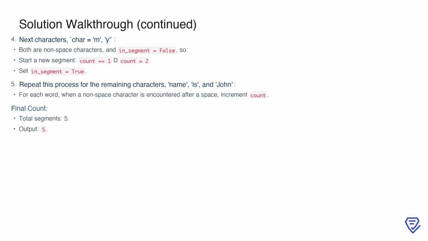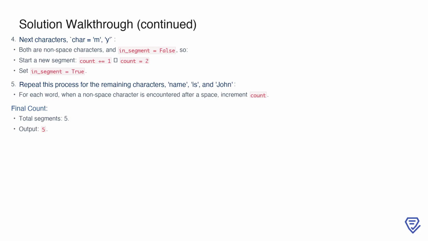These are non-space characters, and since in_segment is false, we start a new segment, incrementing count to 2 and setting in_segment to true. This process is repeated for the remaining words, name, is, and John. Each time we encounter a non-space character following a space, we recognize the start of a new segment and increment our count. By the end of the string, we have identified a total of 5 segments, and the output is